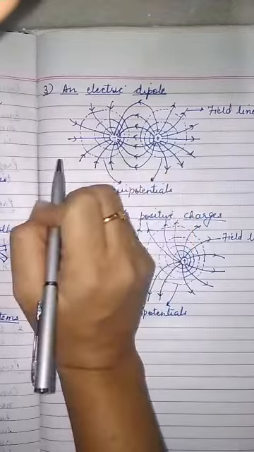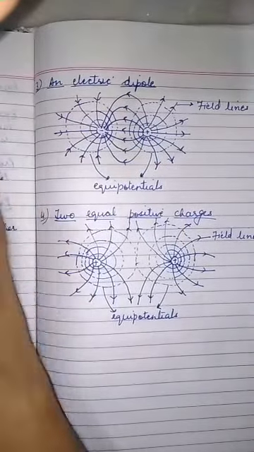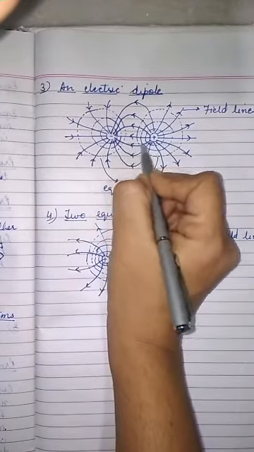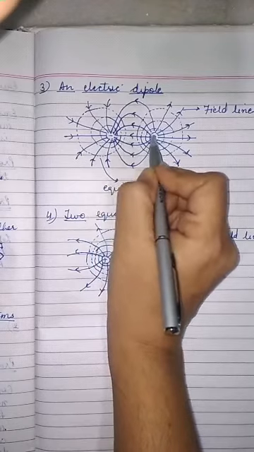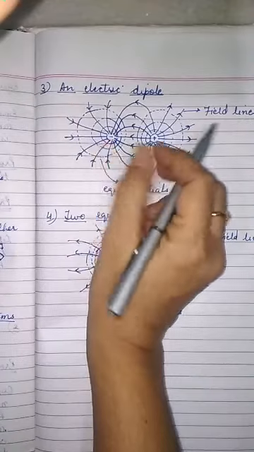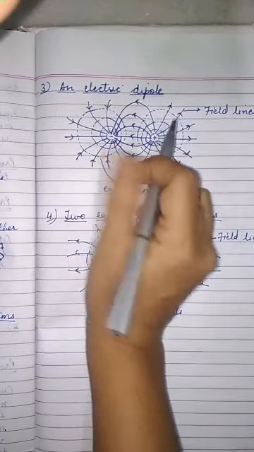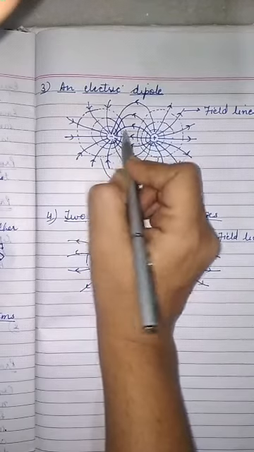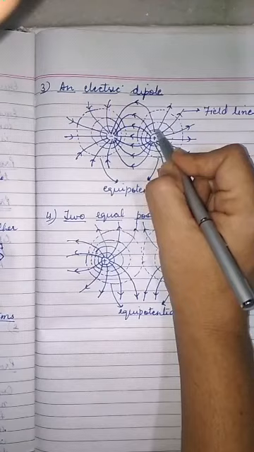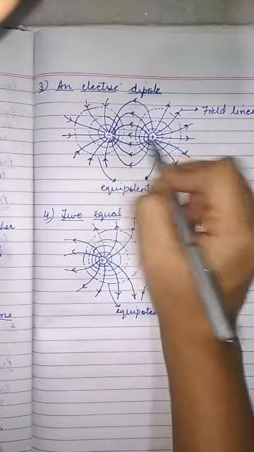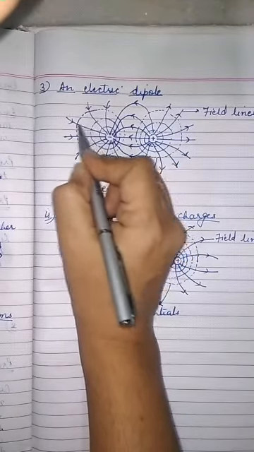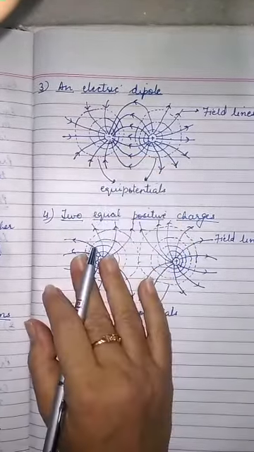So when the electric field is stronger, from the property of equipotential surfaces, we know that these equipotential surfaces are closer to each other. So in the region between the positive and negative charge, between these two charges, the equipotential surfaces are closer to each other, and when we go far apart from this middle region, the equipotential surfaces are farther from each other.